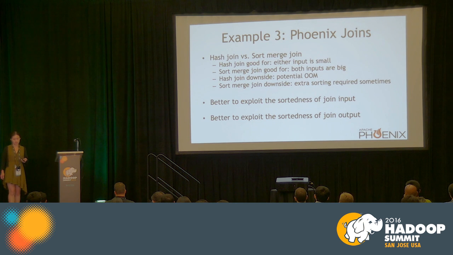So now that we have some basic knowledge of how a Calcite rule works, we're going to go to the third example, which is about Phoenix joins. Right now we have two join strategies, the hash join and the merge join, and they both have their own advantages and disadvantages. Hash join is good when either side of the join is a small input, and merge join is good when hash join isn't able to do